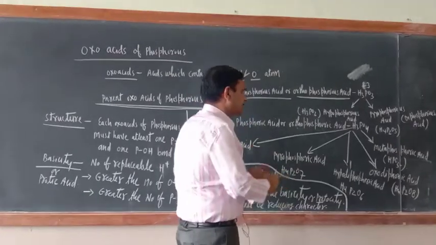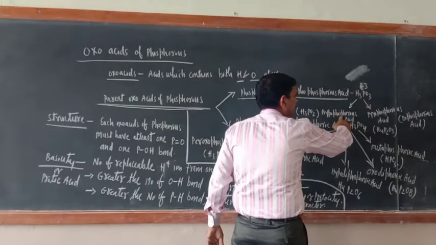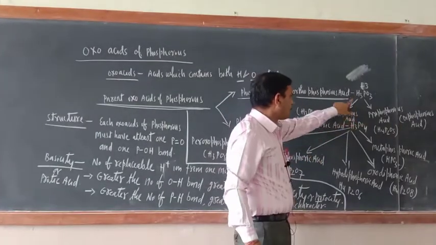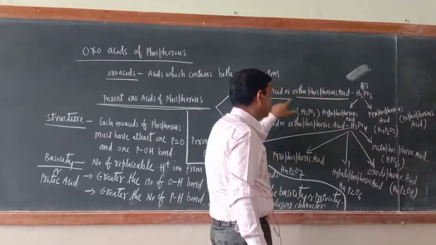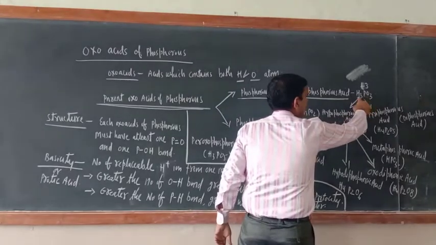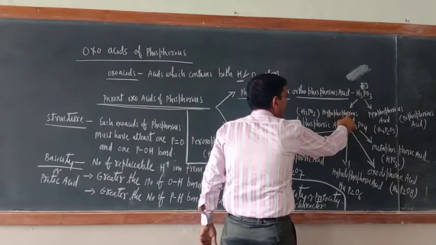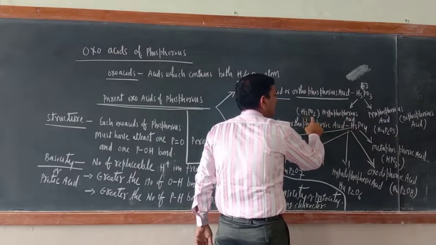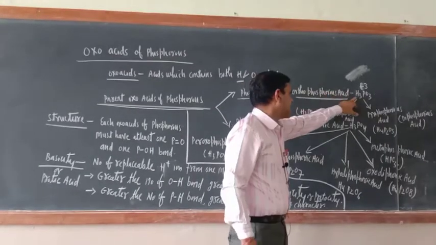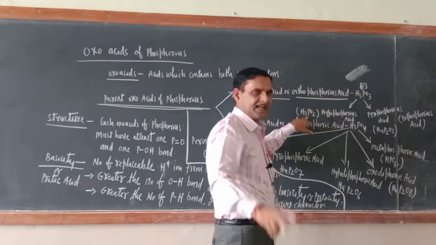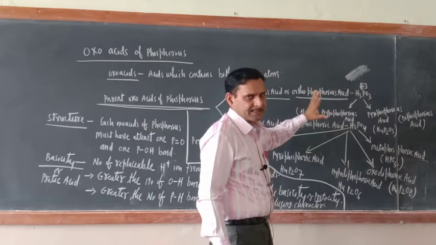How will I tell? Just remember the name right now. The second one is hypophosphorus acid. Just see how you will get the hypophosphorus acid from the orthophosphorus acid or phosphorus acid. Just replace one oxygen from H3PO3. So now you will get the hypophosphorus acid, that is H3PO2. Hypo means less, means as compared to phosphorus acid, hypophosphorus acid has got one oxygen less. That is why it is known as hypophosphorus acid.